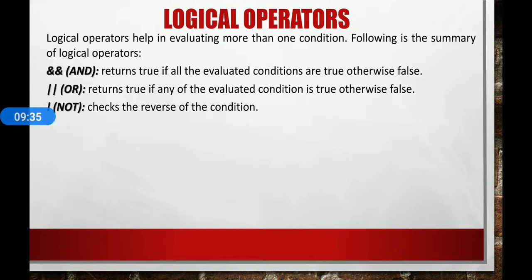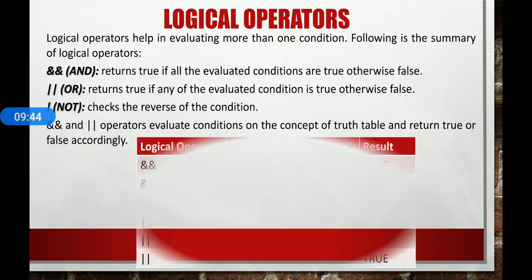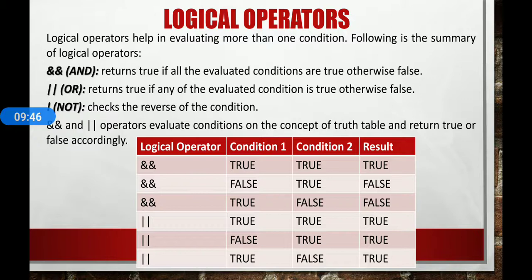AND and OR operators evaluate conditions on the concept of a truth table and return true or false accordingly. The truth table is given here. First, suppose we have used the logical operator AND. If the first condition is true and the second condition is true, then the result will be true. But for the AND operator, if the first condition is false and the second condition is true, then it will return false. If the first condition is true and the second condition is false in the AND operator, then